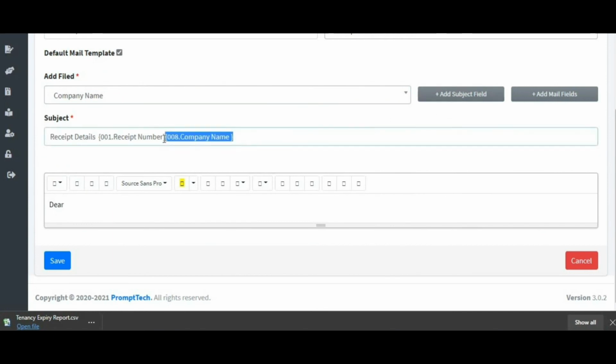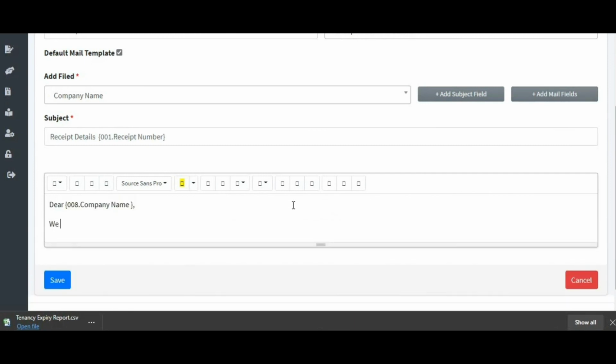So you can customize it, right? You can even add the subject over here, right? Now the subject field will automatically come once the details of the customer or the tenants are added, right? So here you can write down the details, receipt details.